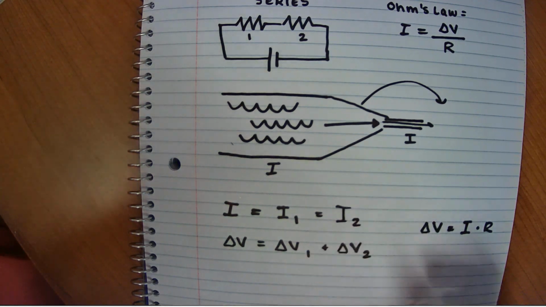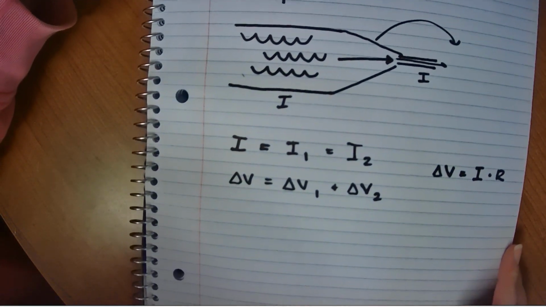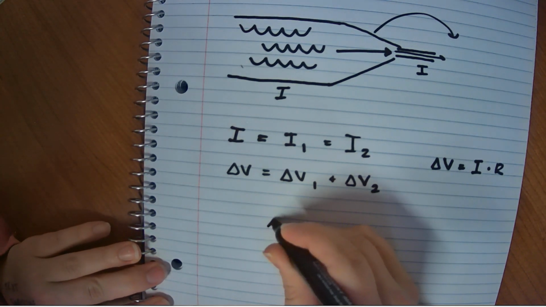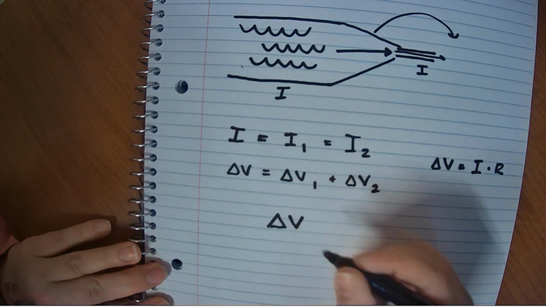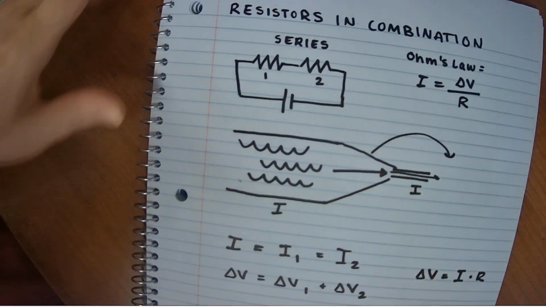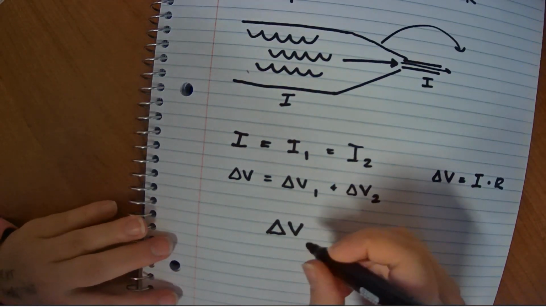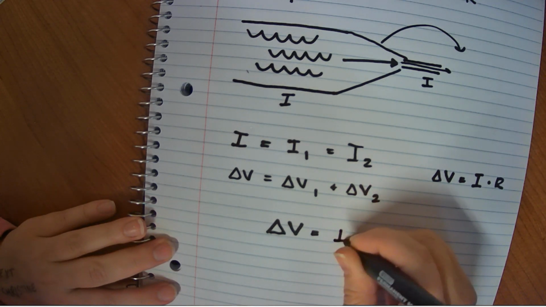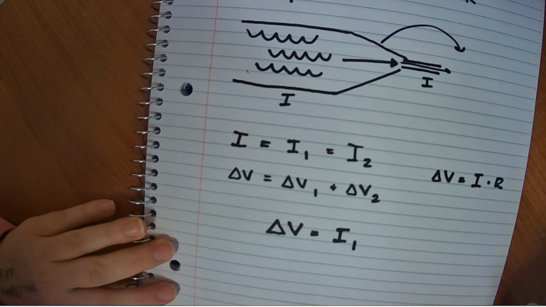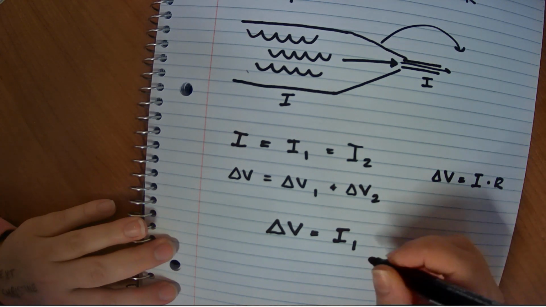So from that, we can think about how the potential difference of the whole series is going to be equal to the current through 1,